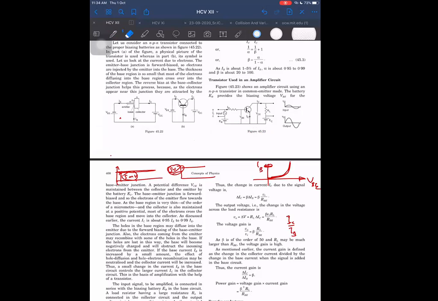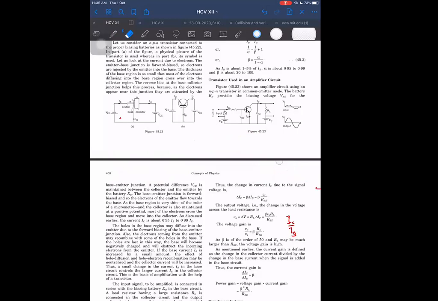Again, no need to write DIC by DIB. That also I can write simply IC by IB, small IC by small IB. Or sometimes we don't care, we write it as IC by IB, but we understand in our mind only that this IC and IB is just that extra over and above the average values. IC and IB are representing over and above the average values, especially when I'm representing by small IB, small IC. Again, these have no standard notations. HC Verma is following this, and that is also good enough. Okay.